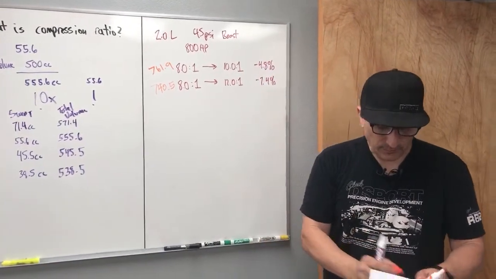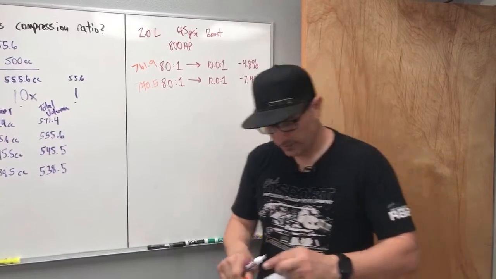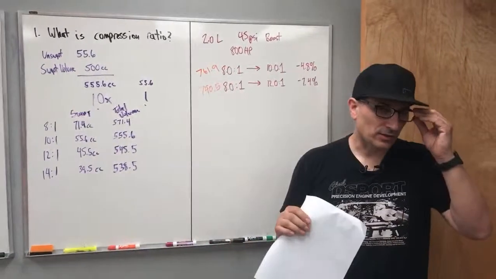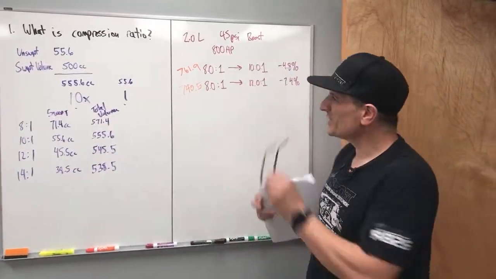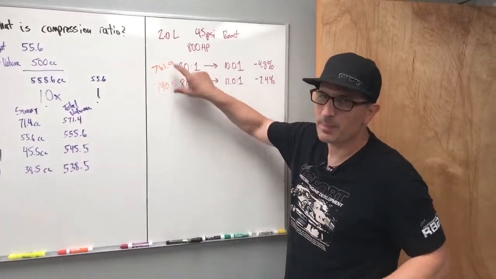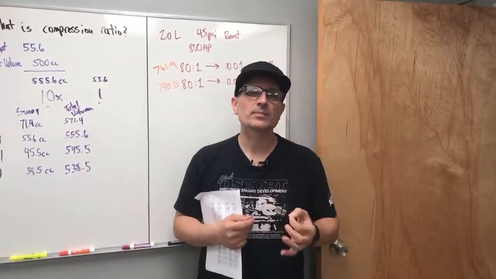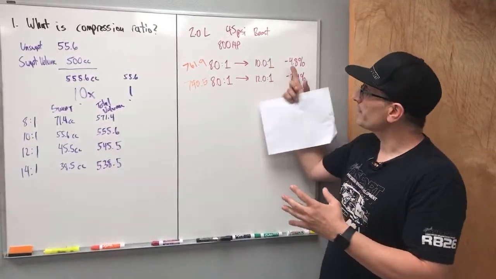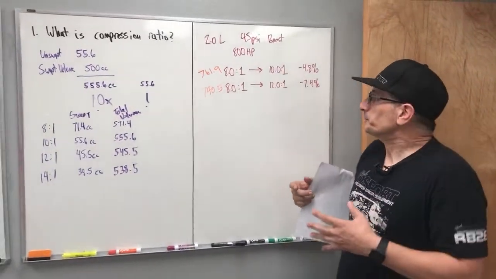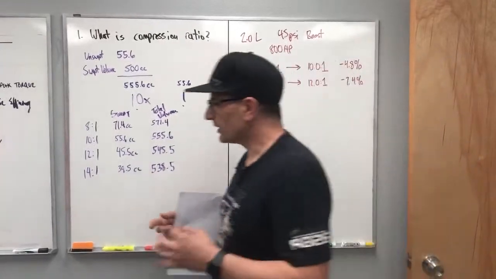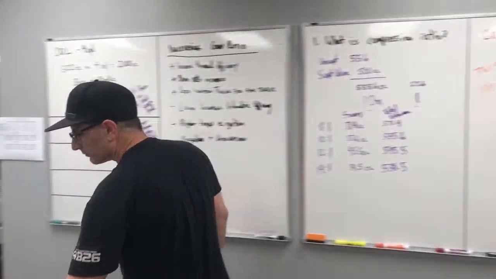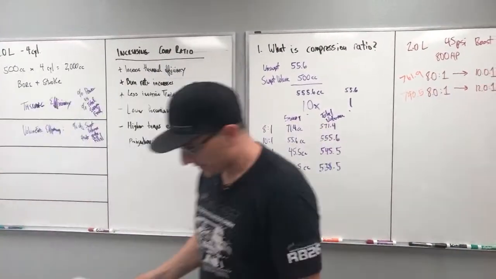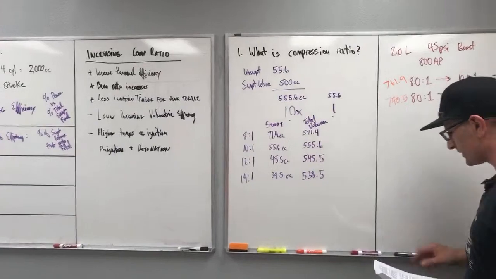Now, these are not taking into account another factor called combustion efficiency. So these losses usually aren't this bad because there's generally some type of improvement to the combustion efficiency depending on how you got this reduction in compression ratio. Sometimes you can have some actual gains that help offset this loss, but by the same token, this was our 45 psi boost example,